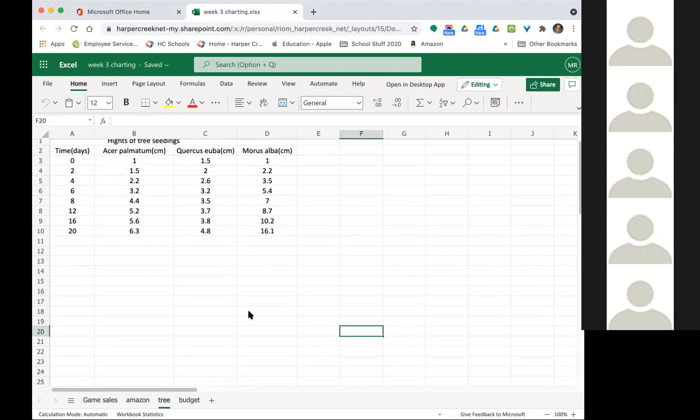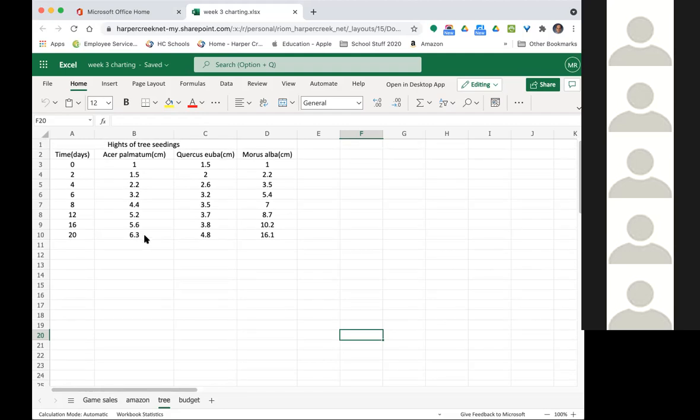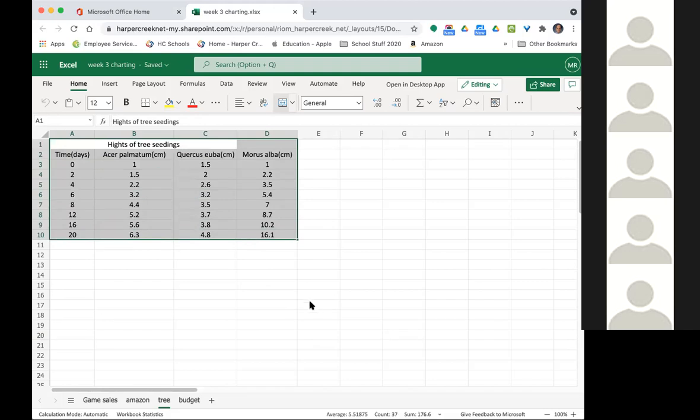Okay, so we're going to make a chart here. What kind of chart do we make? Well, first we have to think what data we're going to use. Right now, I'm going to see what happens if I select all of this data. That includes the title, heights of tree seedlings, the different types of trees, the time, and so forth. Then I'm going to go to, let's see here. We're going to click on